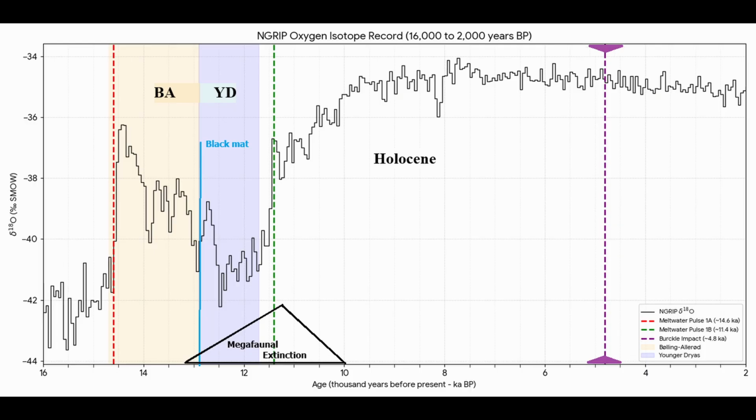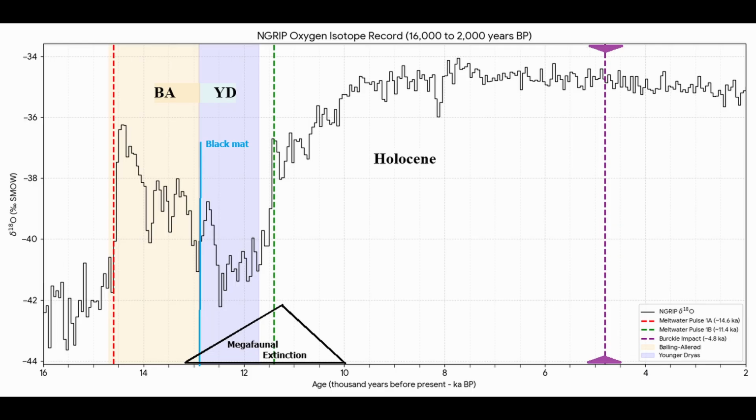Tying it all together was the goal of this video, with the hopeful outcome of narrowing everything down to a couple of events. Unfortunately, the timing of the events is too spaced out to attribute several events to the same cause. There could be up to 5 separate catastrophic events that were independent of each other. The black mat coincides nicely with the onset of the Younger Dryas, but what else could be paired together?